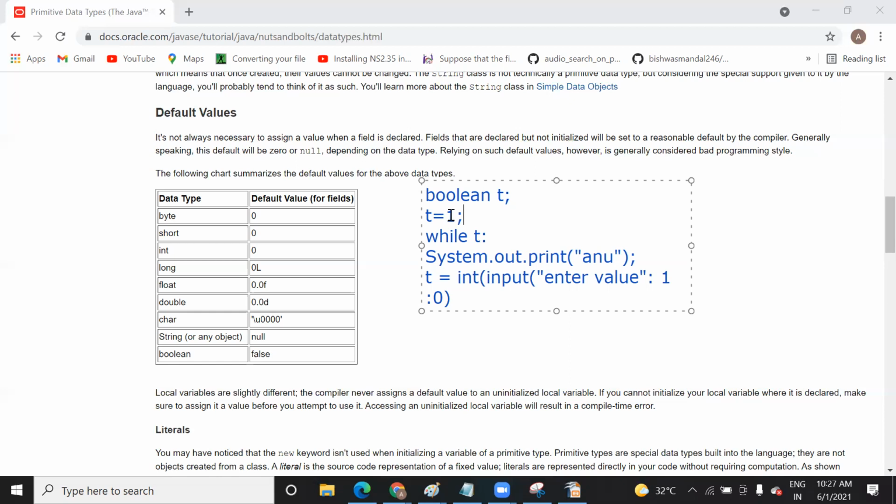If you do not initialize a value here, or you just write true here and comment it, the condition will run forever because it is always true. That is the reason we keep the boolean as false, so that if we want to run this, we can make the value true and it can run, but it will not always be true, right? So in this way I have explained this.